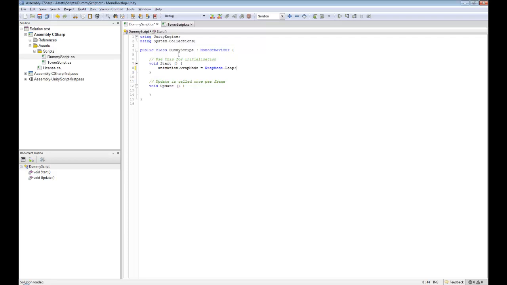If we attach this script to a tower or any of the other things, the animation is going to point to any object you attach it to. It has a property. So that's animation loop mode, and every time it updates, I'm going to play the animation. So animation.play, and what do I want to play? I want to play